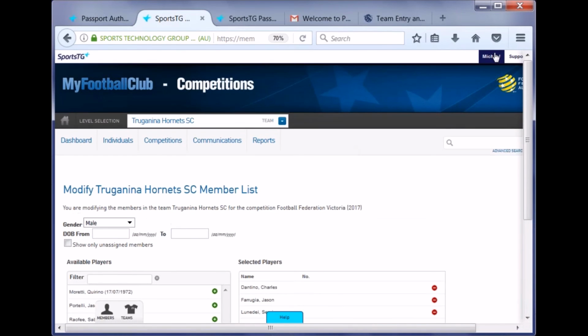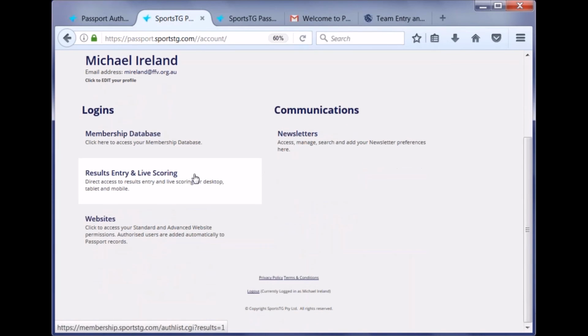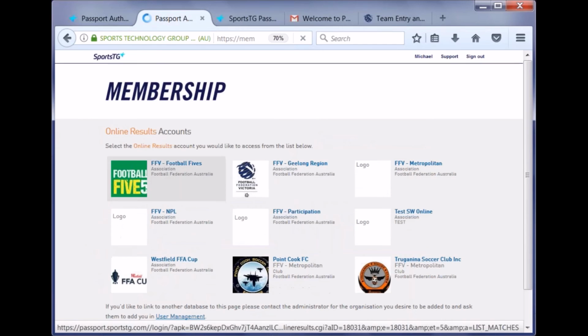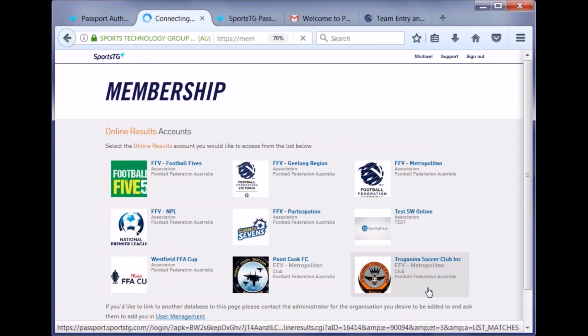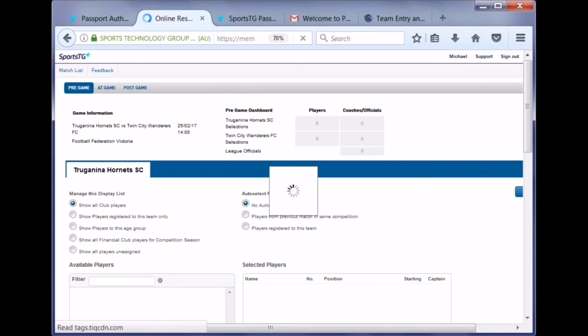And as per before, we click on our name in the right hand corner. This time we want to go to results entry and live scoring. And we'll click through to the same club access. And it's a list of all the fixtures the club has. So you'll see if we click into the pre-game setting,